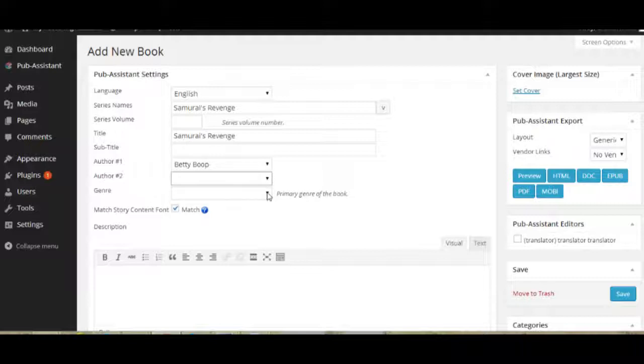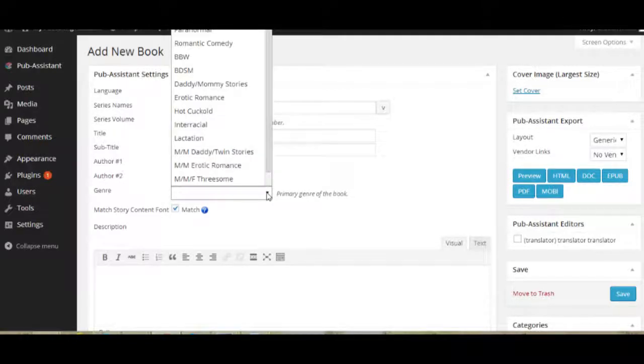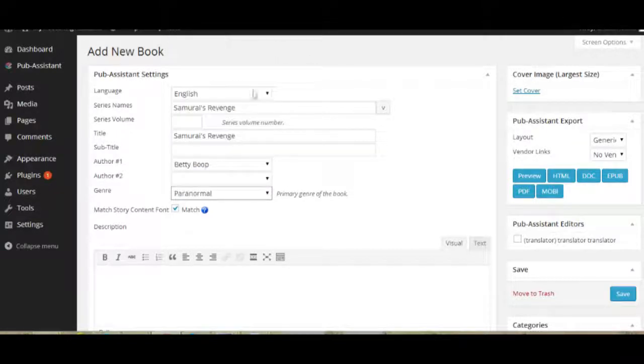Genre, we set up the genres for the system, and we're going to choose paranormal for this book. Match story content font. This is a very special feature. If you've written a lot of books or you've written books over a time period, your Word documents might look different. For example, you might have been using Times New Roman when you first started writing books. Now you're using Geneva. And when you copy and paste from the original files into the database, you'll find that some books will look different than others,